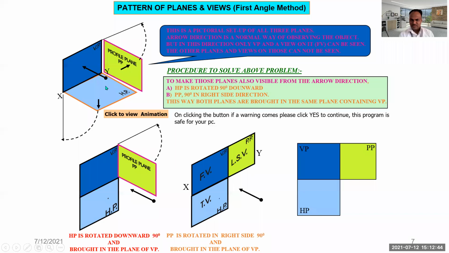So if I want to draw these projections, I am going to consider this particular object in the first quadrant, and then project all the projections on the vertical plane, the horizontal plane and the profile plane, and then straighten this horizontal plane and profile plane. So in the final view, the vertical plane will be on the left side, the profile plane will be on the right side, and the horizontal plane will be at the bottom of that particular drawing. So that you have to remember.